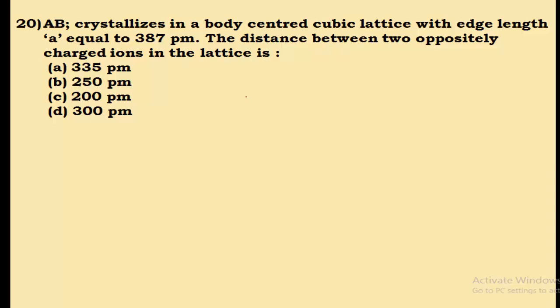So they asked you to find the distance between the charged ions. As I have already told you, if I consider the two particles, the distance is measured from their centers. If I consider this one as AB, this AB will represent the distance between the particles. They may be ions, atoms or molecules. Now this one is R, this one is also R, and AB is equal to 2R, and this 2R is nothing but the diameter.